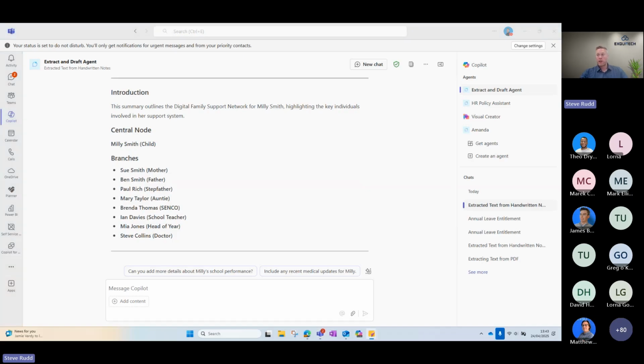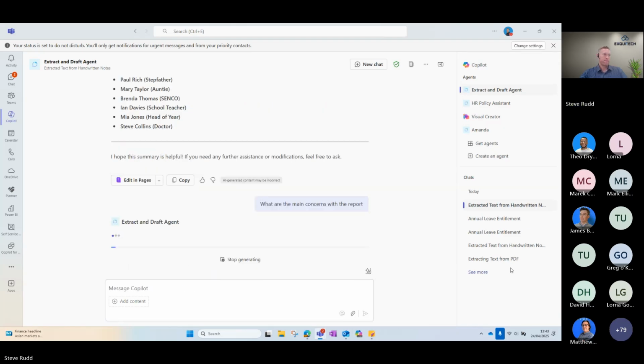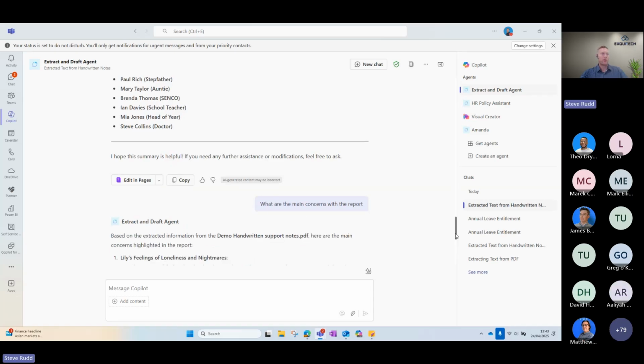Now, once I've got the information in here, something else I can do is actually talk to the agent and ask it questions about the report. So I could say, what are the main concerns with the report? There we go. And then it's given me some insights around Lily and some of the things that we should think of